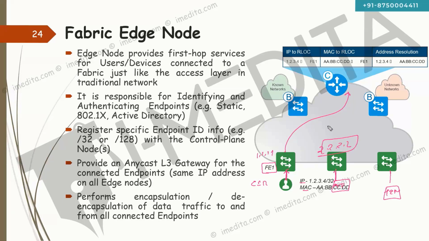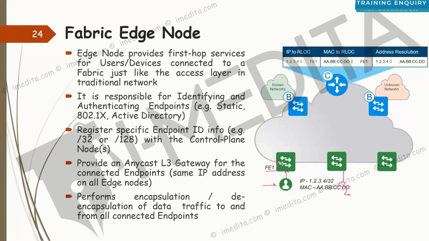We call that RLOC, towards the control plane node. The same thing will happen here as well. Now, when this device needs to communicate with this device, the packet will arrive on this fabric edge node. The fabric edge node has no idea how to reach this destination, so it will ask the control plane node. The control plane node will check its database and inform the fabric edge node that to go to 1.2.3.5, you need to go to 2.2.2.2. Then the fabric edge node is going to perform some encapsulation on the data